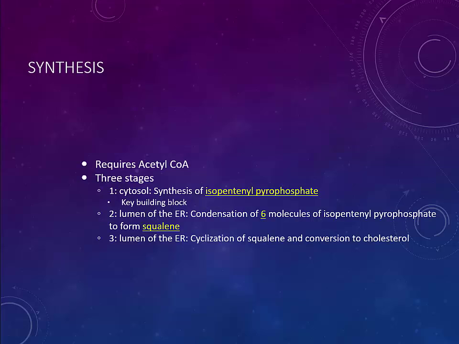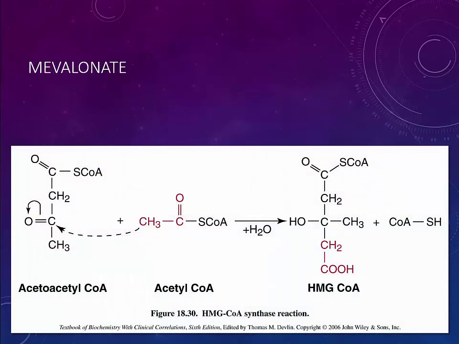Then we're going to move to the lumen of the ER, where we're going to condense 6 molecules of isopentenyl pyrophosphate to form squalene. And then also in the lumen of the ER, stage 3 is cyclization of squalene and conversion to cholesterol. I'm going to kind of do this a little bit backwards. I'm going to get you to the building block first, but then I'm going to skip to the end and work our way backwards, which makes it a little bit easier to see how cholesterol is formed and how everything